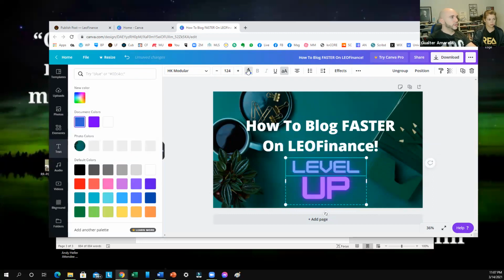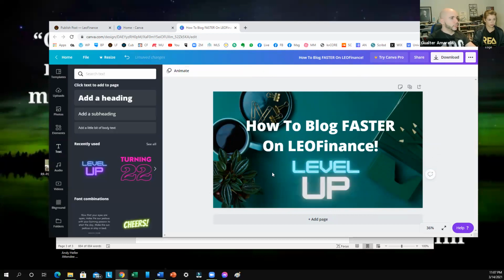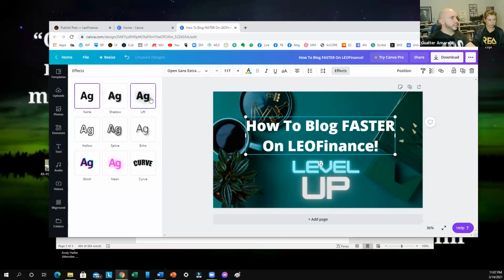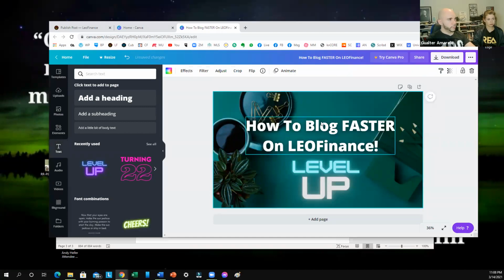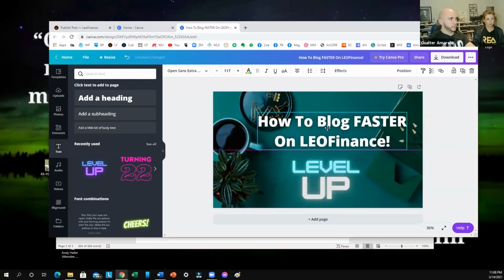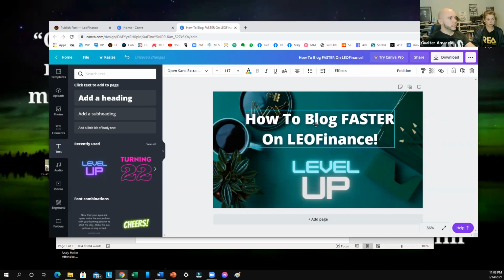And then you can change those colors to something that fits your brand a little better. Whatever works for you. All right, how to blog faster on Leo Finance. Boom, I like a little font, a little effect on that because I'm against a darker background. So I want this to pop just a little bit more. Perfect. And then if you got a logo, which you should,